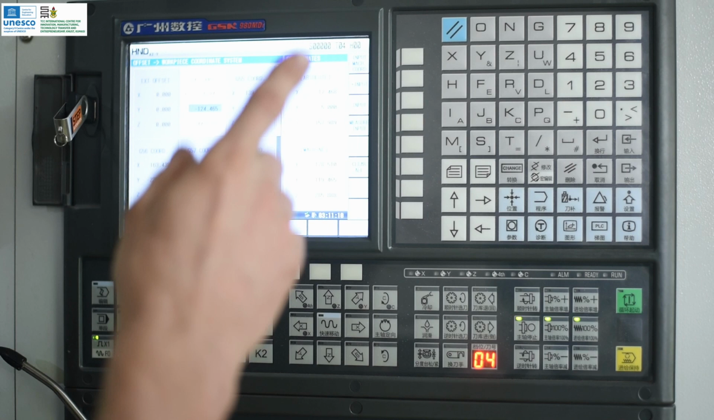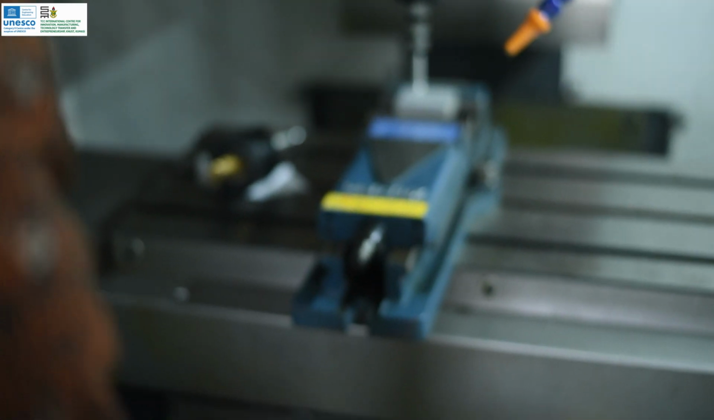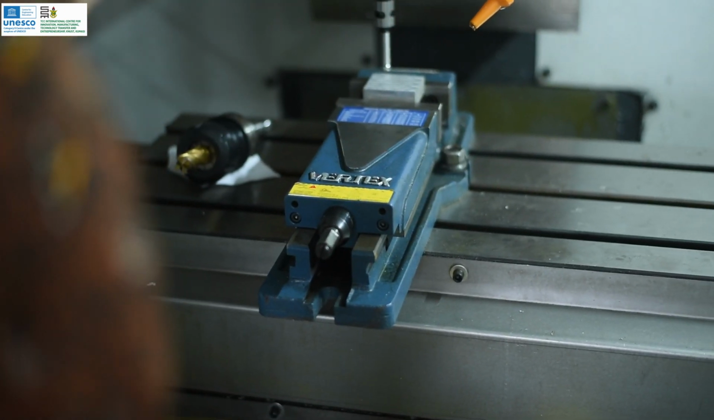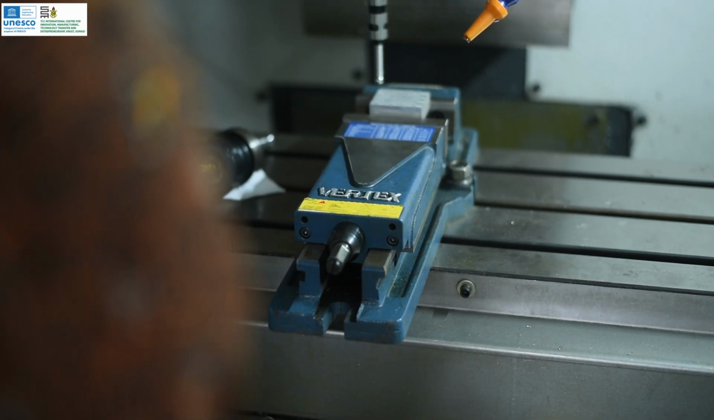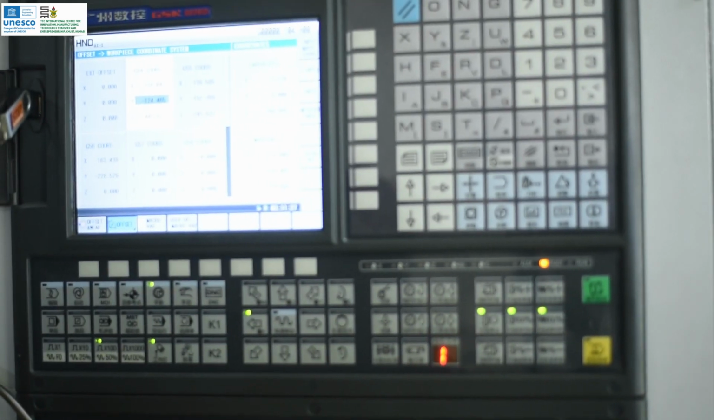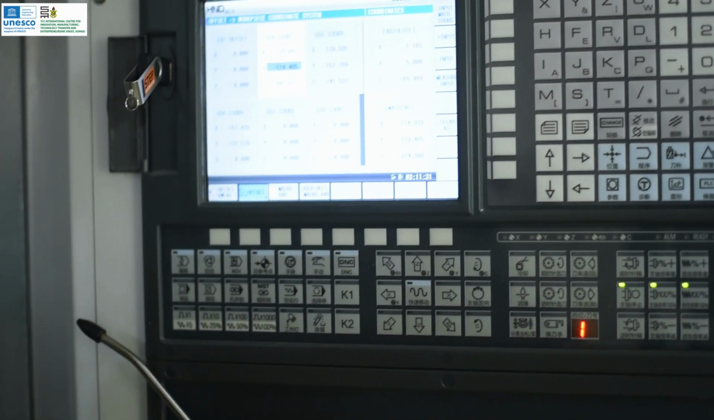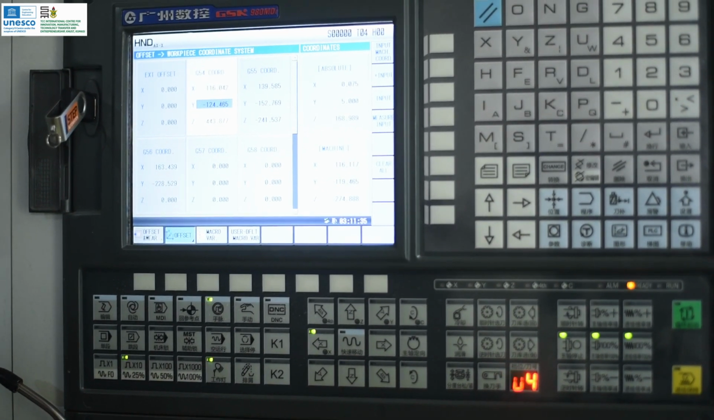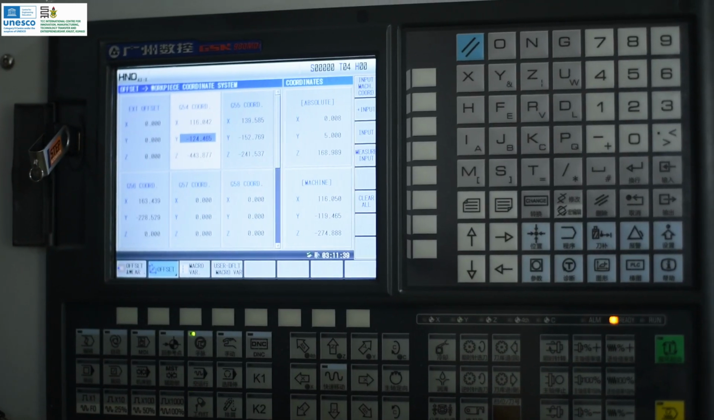Let's double check our zeros. We can do that by going up in Z and just watching our absolute coordinate system, let's go until that reads 0. It can be really close. It doesn't have to be exact. And then our